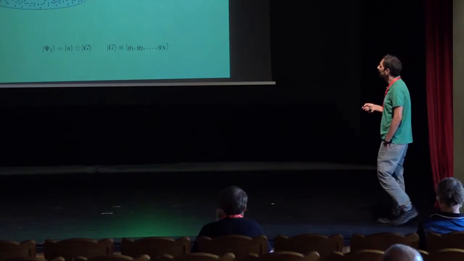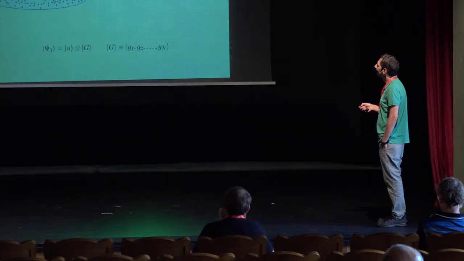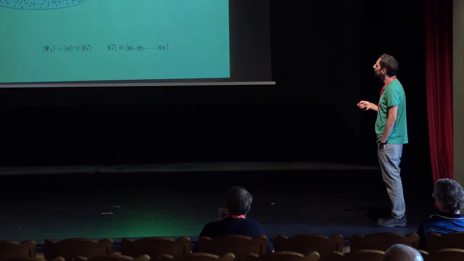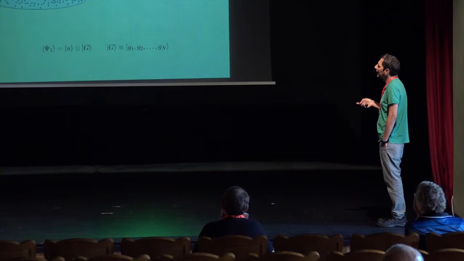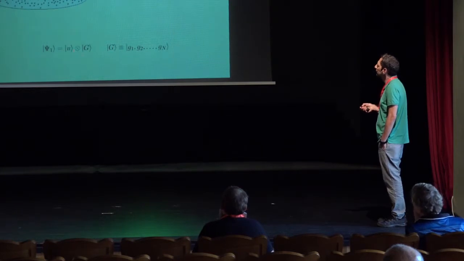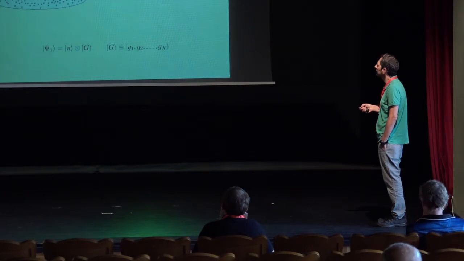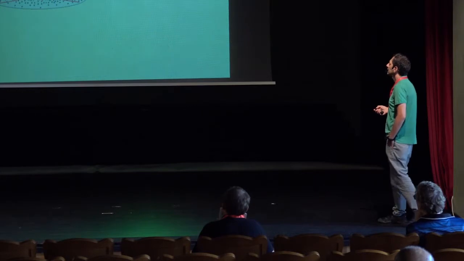So this is my single emitter. I excite it from the ground state to some state I call up, a highly excited Rydberg state. My initial state is a large atomic ensemble with all the atoms in the ground state, and a single atom excited to the Rydberg state. On the next step,